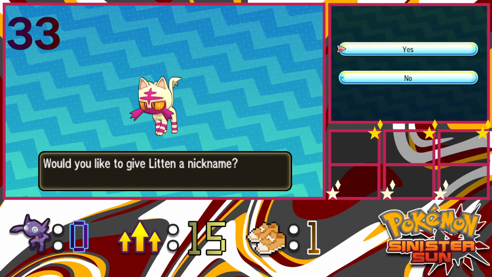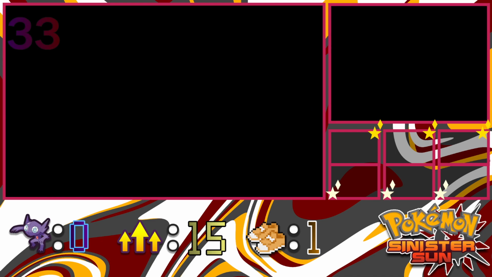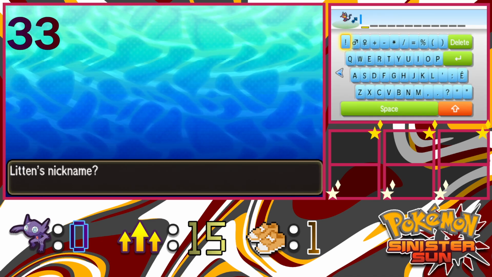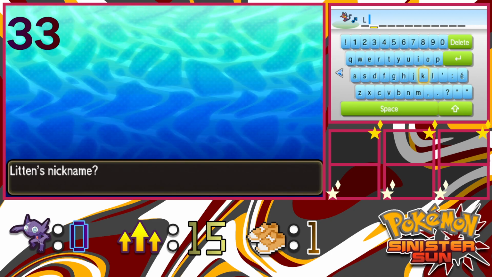I think Litten looks great. I think this is an awesome custom shiny. So the theme we're going to try to stick with this time is TV characters or something probably similar to that. So we're just going to name him